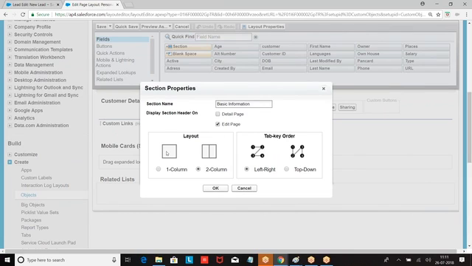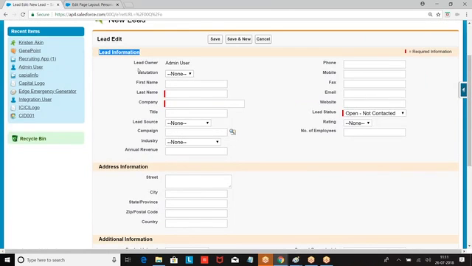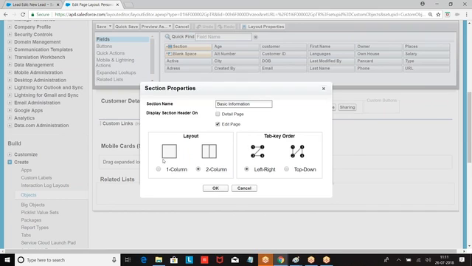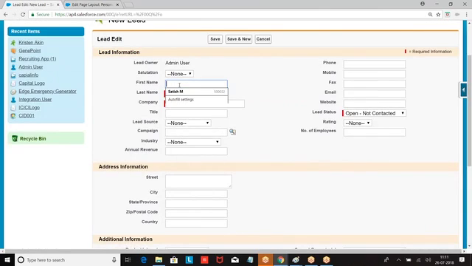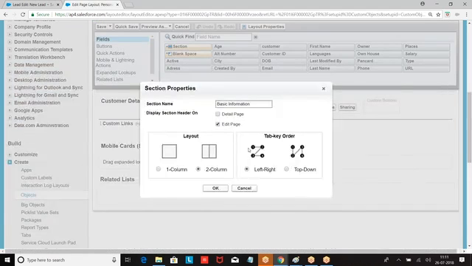Then columns. How many columns do you have? Column 1, column 2 per row. How many columns do you want, 2 columns or 1 column? Your choice. Next, when I click on a tab, how is it coming? Top to bottom. Do you want it left to right or top to bottom? I told left to right.